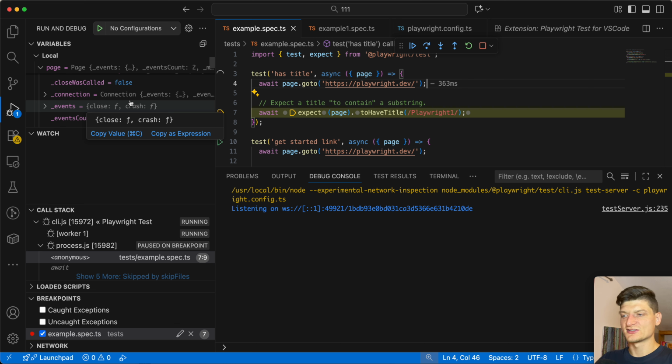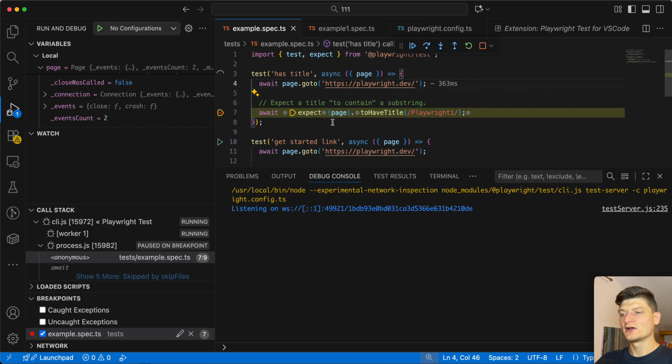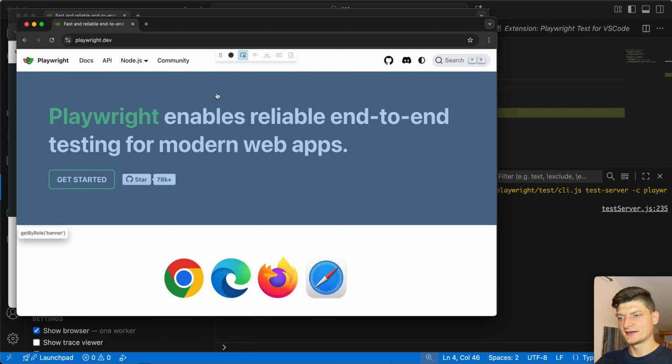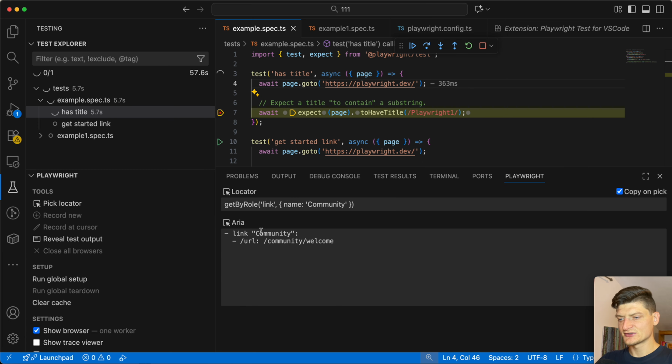It's pretty useful for the debugging mode, and by using this mode you can find out any kind of value which you want to. But also, let's get back to pick locator, and now you are able to find the locator, and also you see the result, right? This is the locator, and you can just simply copy it